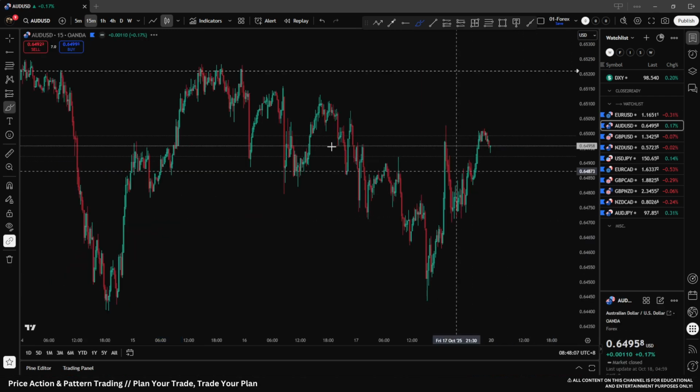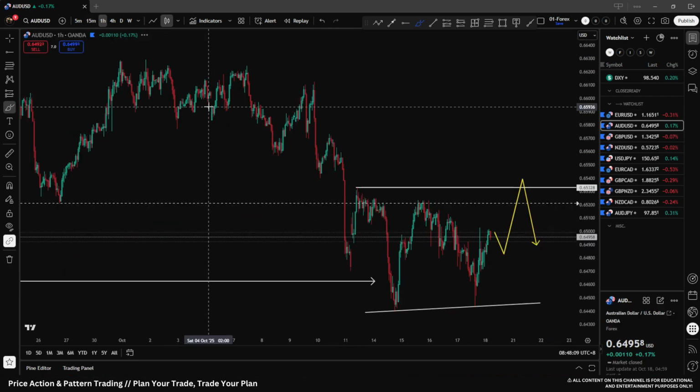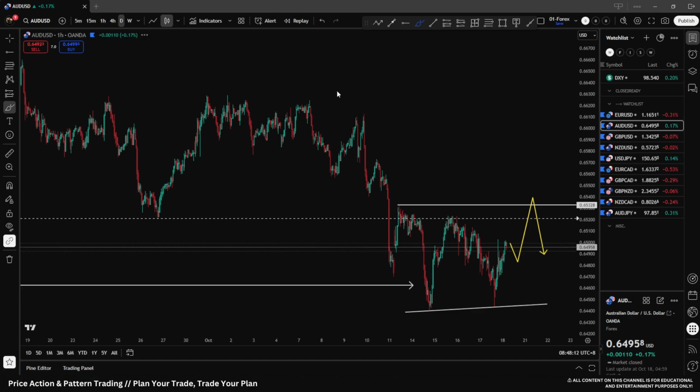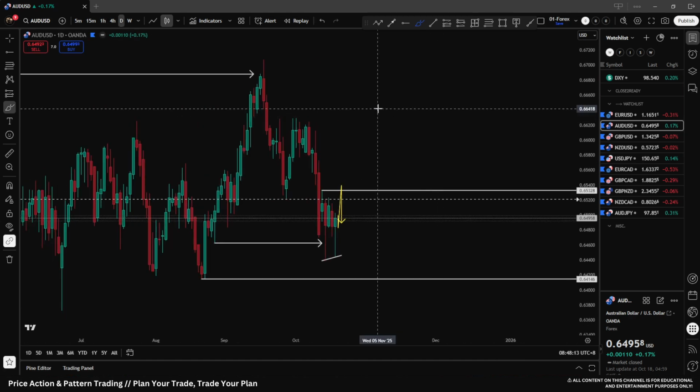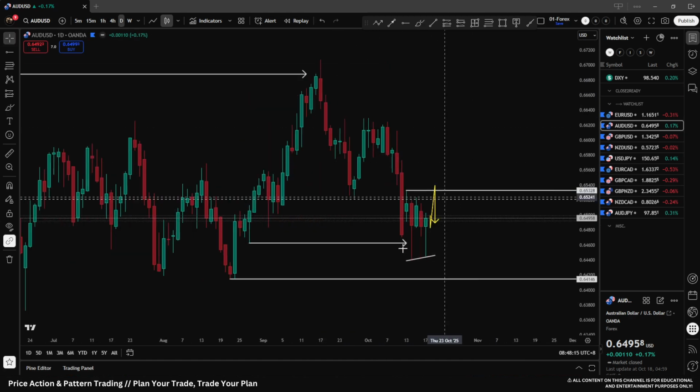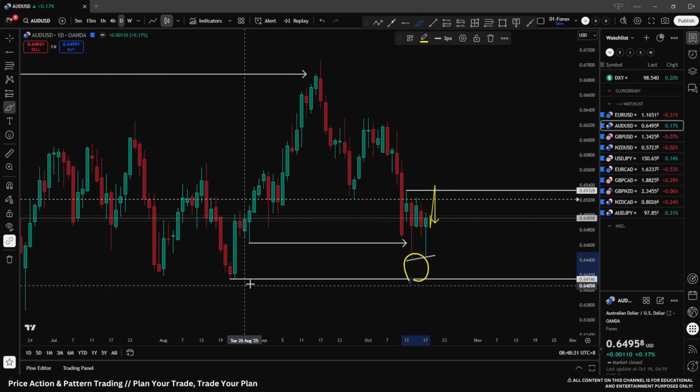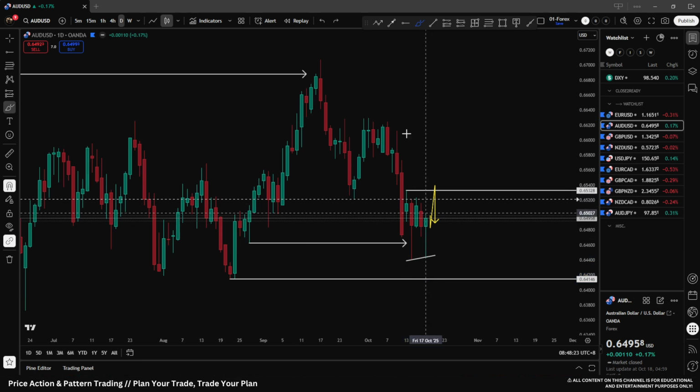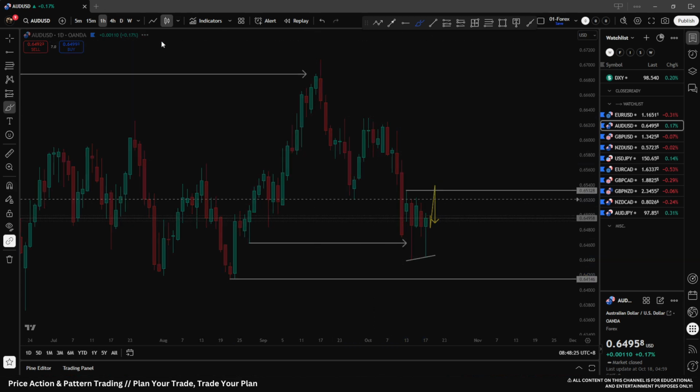Australian dollar, US dollar, I'm looking for a slightly larger correction. Here on the daily time frame, we can see again, it's a bit conflicting. It's very wicky, but overall we are still positioned for price to close the gap here into the low, and I'm looking therefore for a short continuation on the 1-hour time frame.